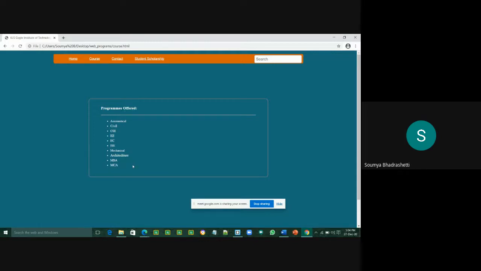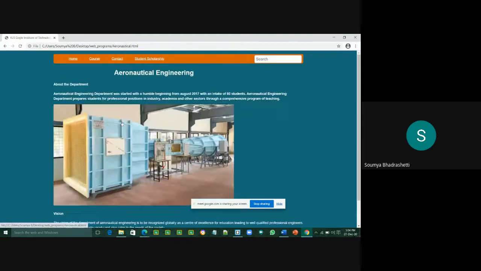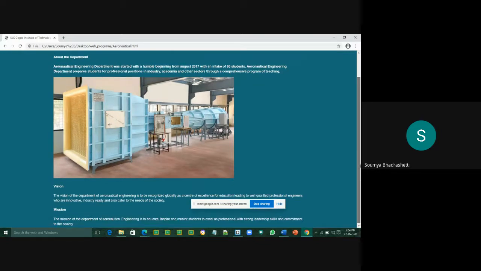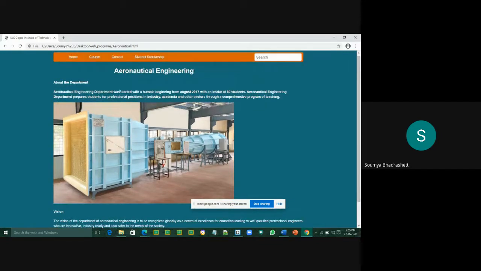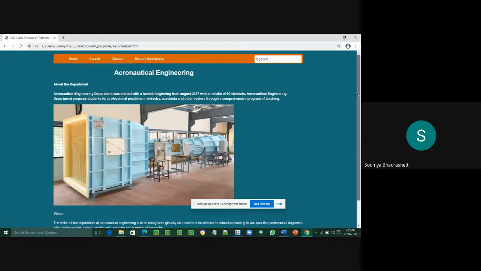And now you can go to the course page, where there are multiple courses which are offered by the college, and click on any one of the courses. It will take you to the home page of the course. As you can see here, it is giving the information regarding the department, its vision and its mission. Whoever wants to join a particular course can visit the home page and get more details about this course.